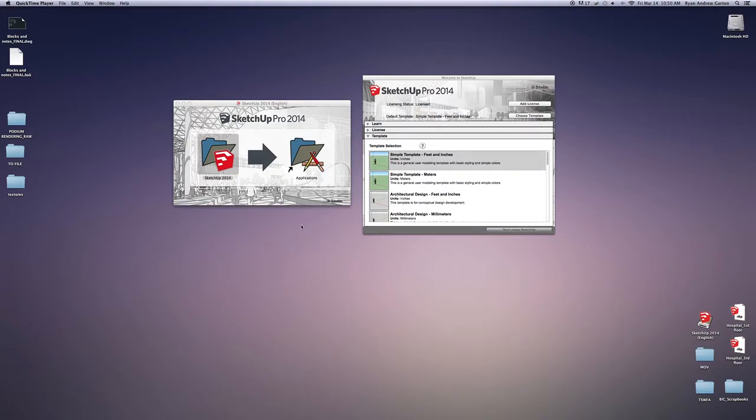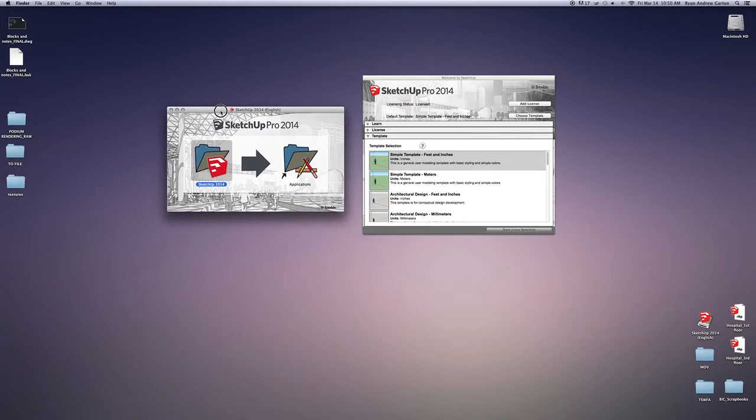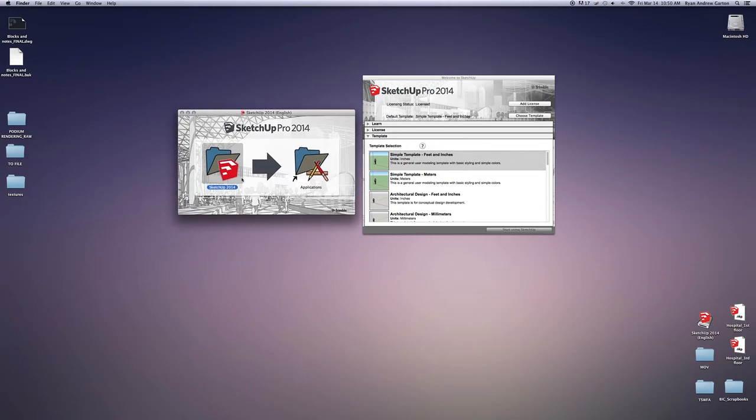Okay everybody, this is a quick intro video that's just going to discuss how to install SketchUp onto your machine and then how to launch it and get it going and set up. So first things first, I went to the website and downloaded the latest version of SketchUp 2014, and I'm going